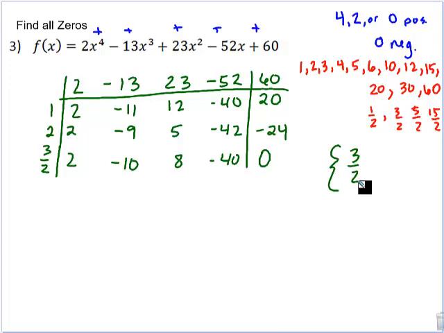So now we now have this polynomial, right? So this is now a 2x cubed minus 10x squared plus 8x minus 40. So we're going to have to do synthetic again, but I'm going to suggest that you always look to see if you can simplify it anyhow. So in this case, is there a common factor we could take out? So let's take a 2 out. So if we take a 2 out, this then becomes x cubed minus 5x squared plus